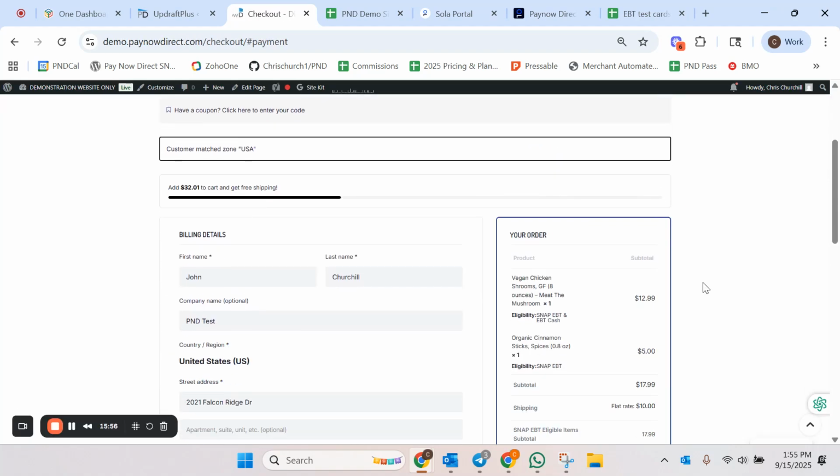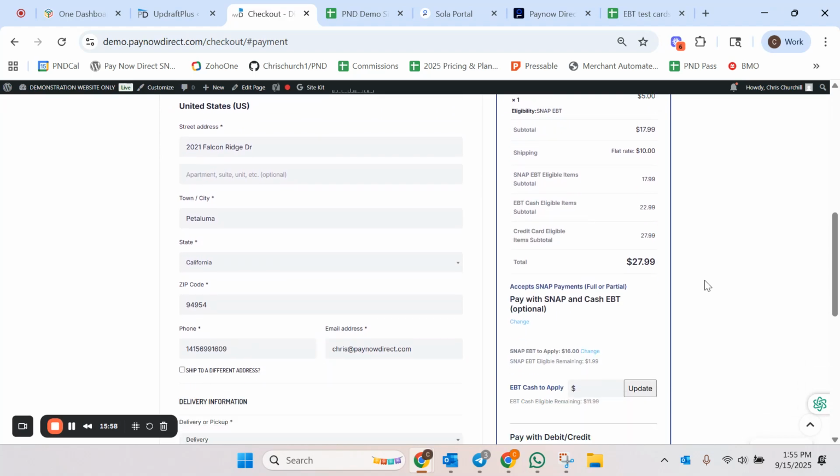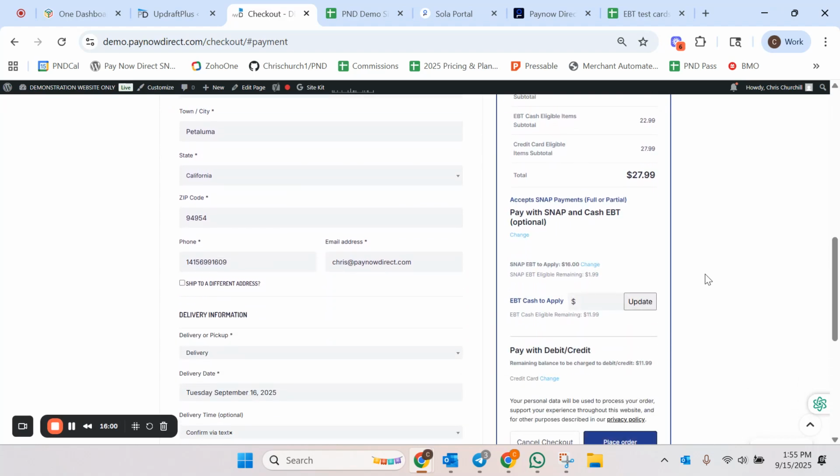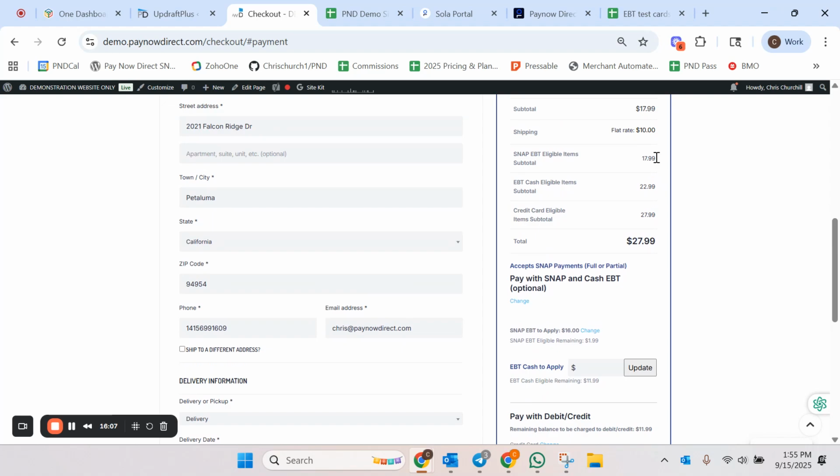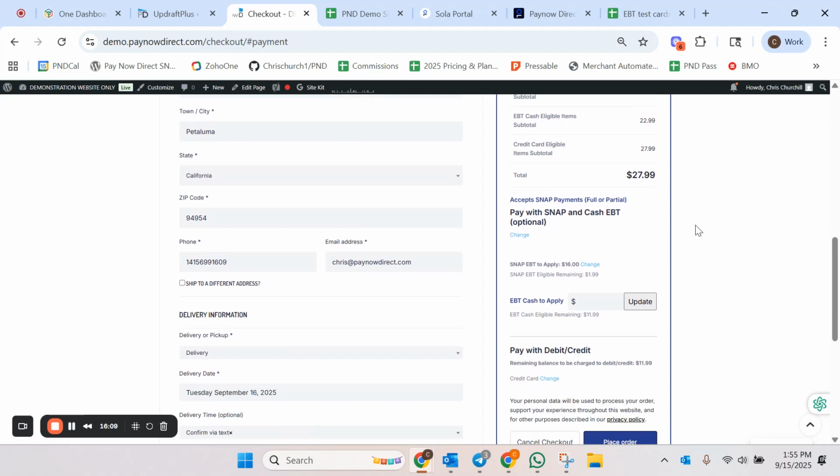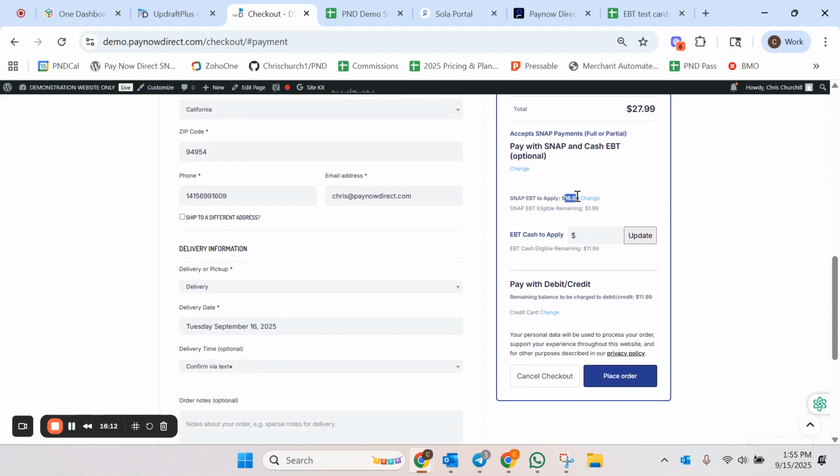Okay. So just as I was saying, we have a $29 total cart, $17.99 of which is SNAP eligible. We only used $16, so we didn't use the full amount, which is important to note. So the user can put in less than what's eligible. Okay, so it recalculated, and there's a